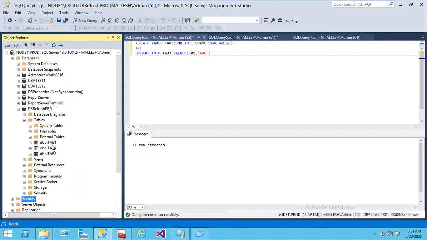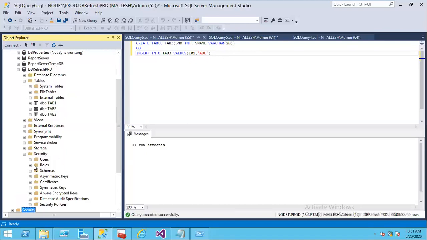It has three tables: tab 1, tab 2, tab 3. And if you go to the security, we can see three users: